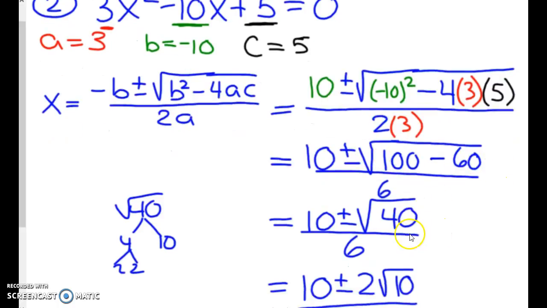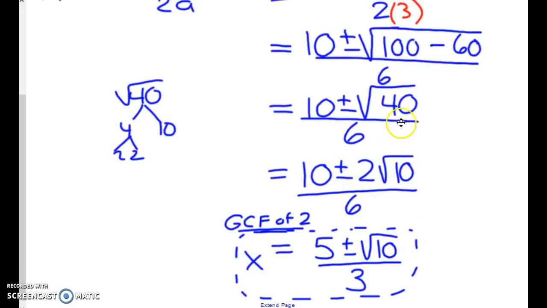60 is 40. And so when we look down here to the rest of the answer, I need to break that 40 down, just like we've been breaking square roots down in this class. I break the 40 down into 4 and 10, and then the 4 breaks into 2 and 2. So that means square root of 40 is the same thing as 2 root 10. So with that being said, my answer, 10 plus or minus 2 root 10 over 6, would be a final